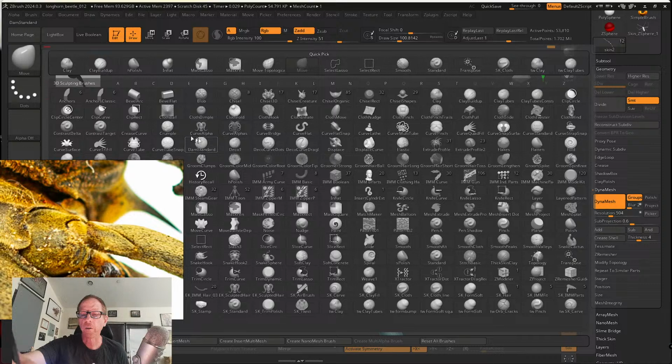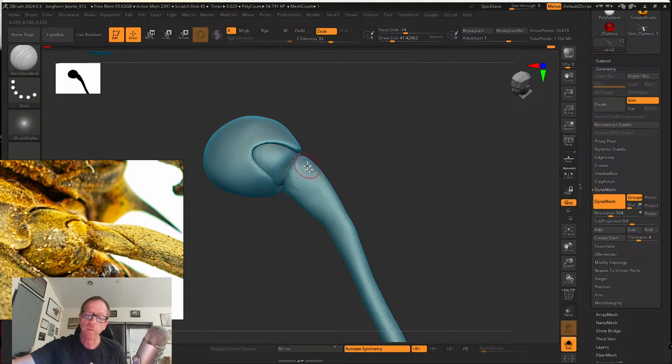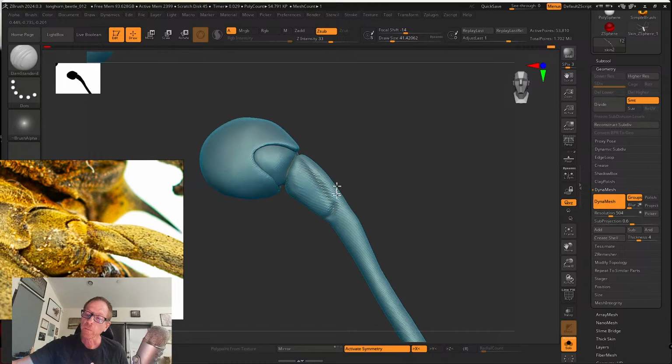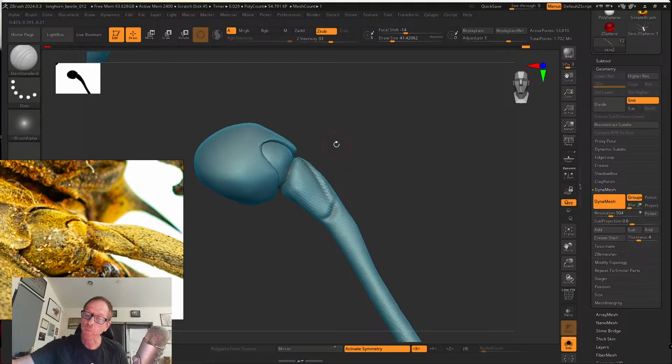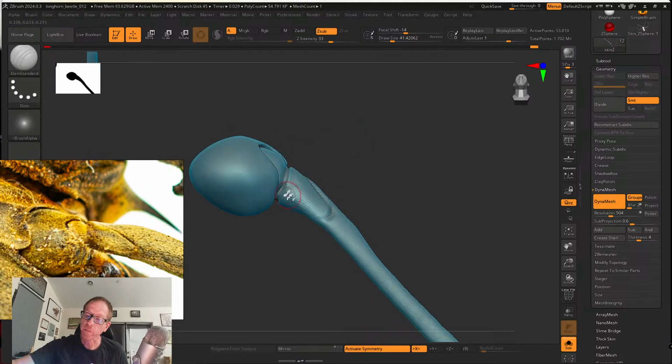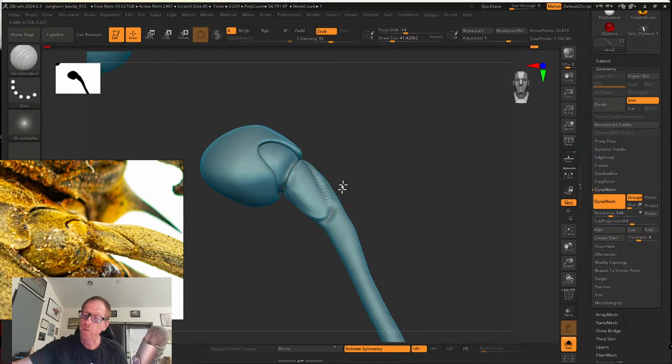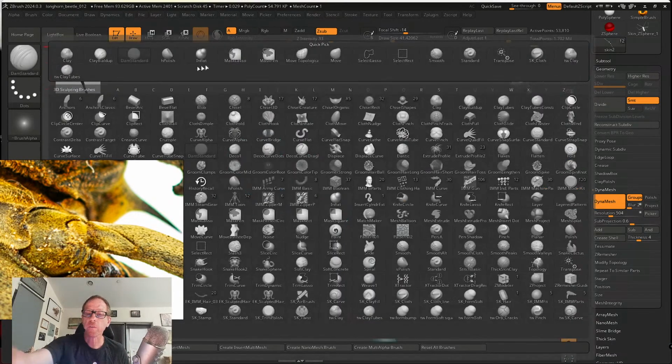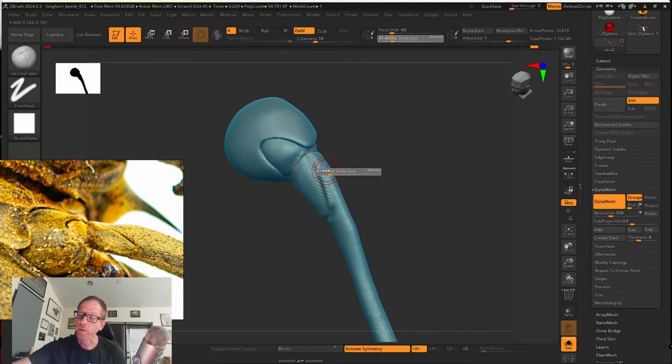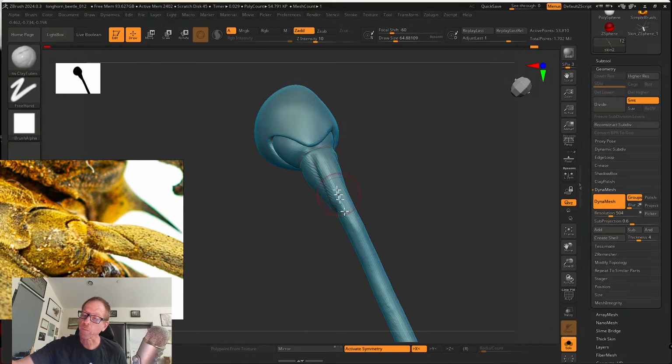I still do character models and other types of models as well, and every once in a while I actually get paid to do them, which is nice too. But look at those places, those unexplored places, because they do exist. There's a lot of stuff in this universe that hasn't been explored yet, and so keep your eye open for that, because that can give you some inspiration. Because one of the nice things about doing this kind of stuff, other than learning about insects, is that it's just maybe a better ZBrush artist, because I'm paying attention to detail and trying to solve problems, trying to figure out how to get